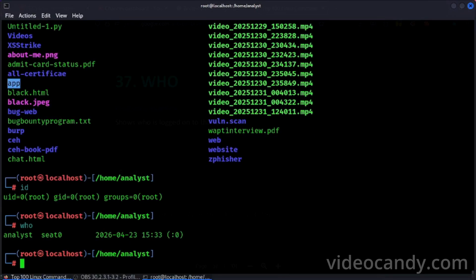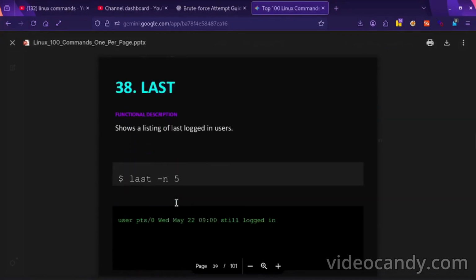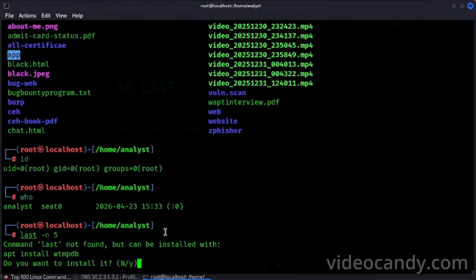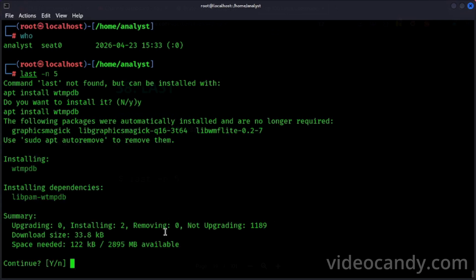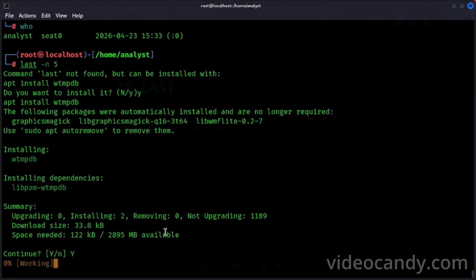Okay, and next, last -n5. If I want to show a listing of the last logged in users, I have to install this also.